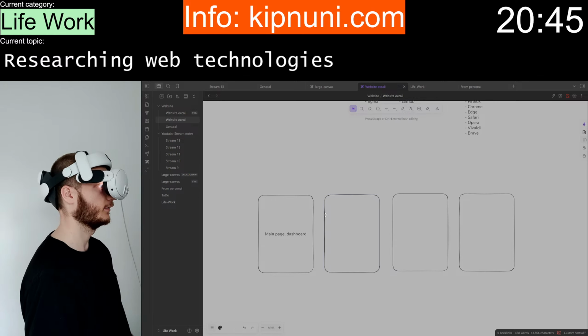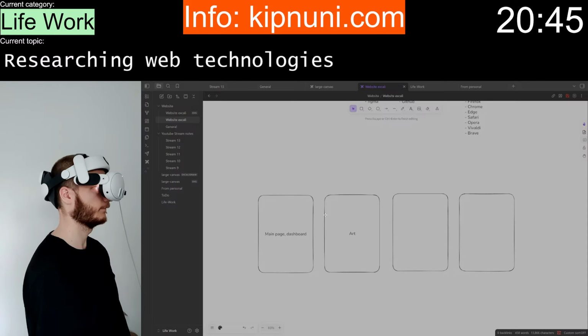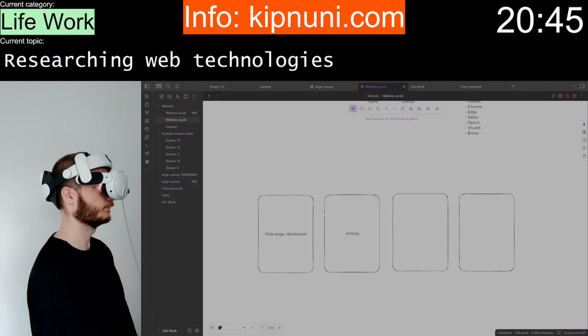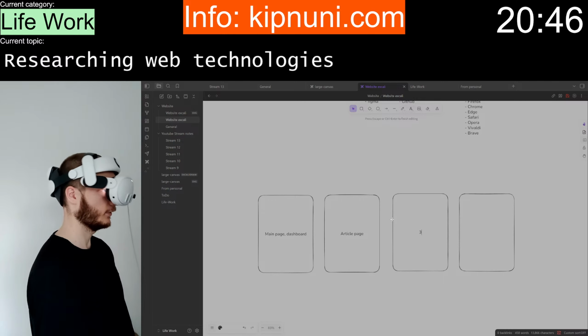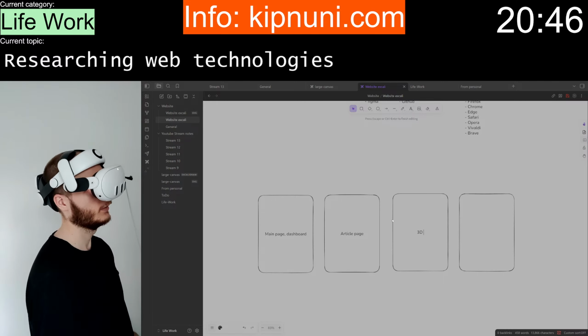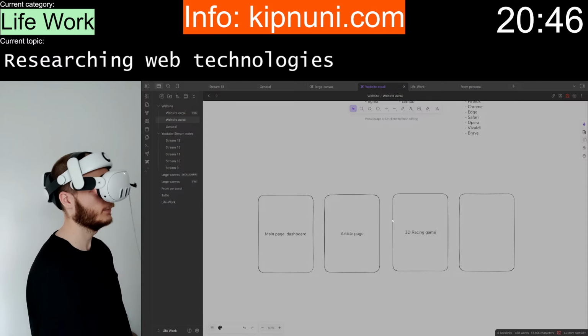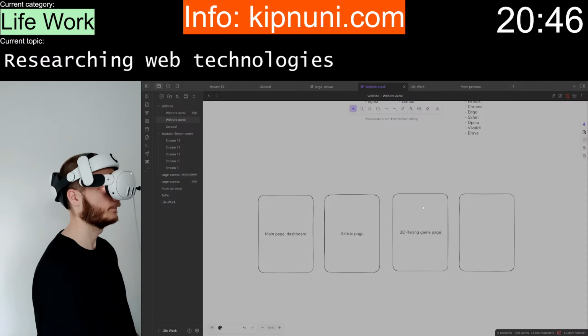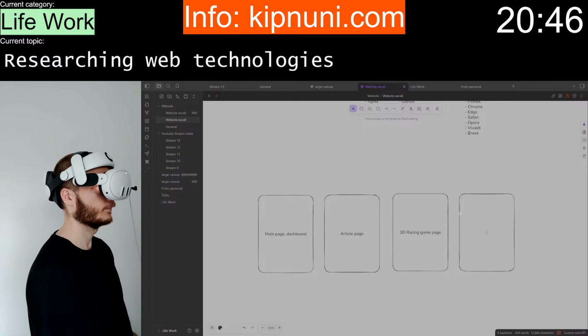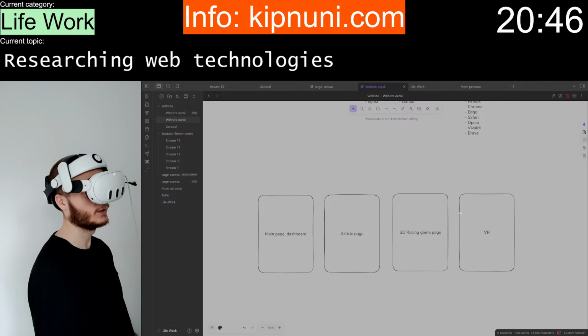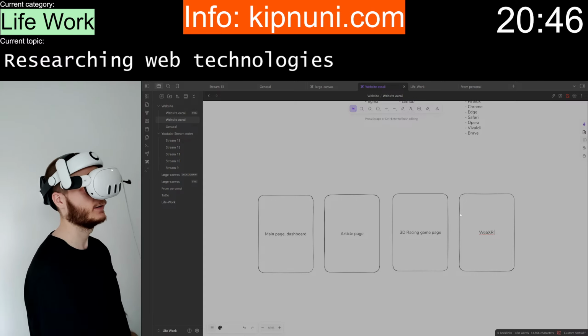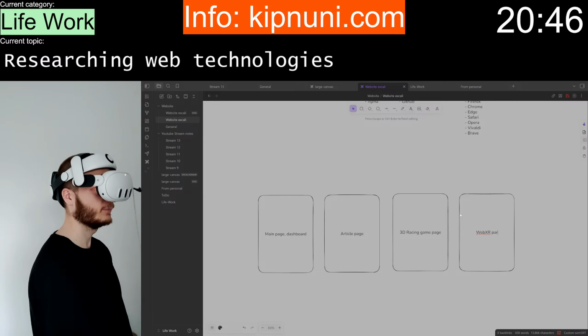And article page. 3D racing game. VR. WebXR. WebXR page.